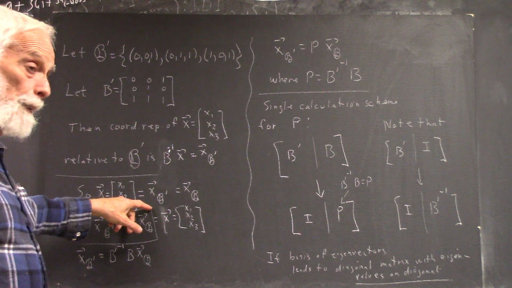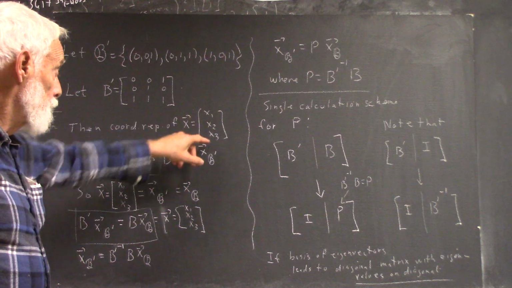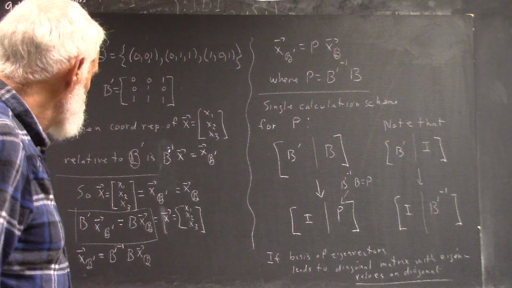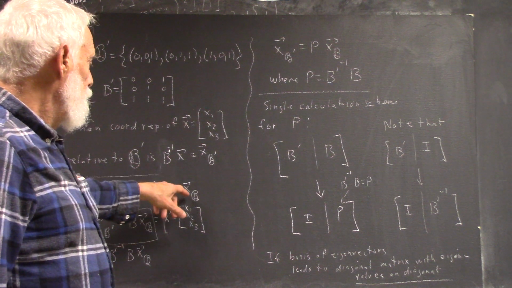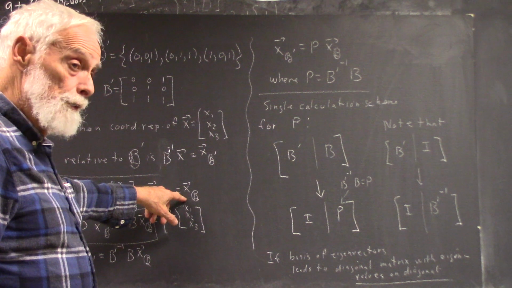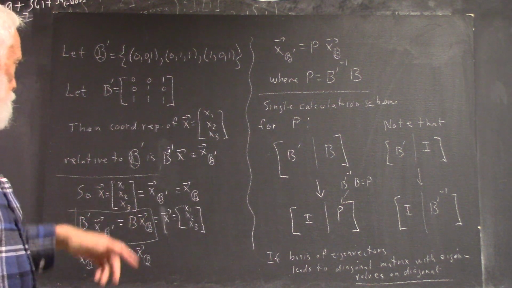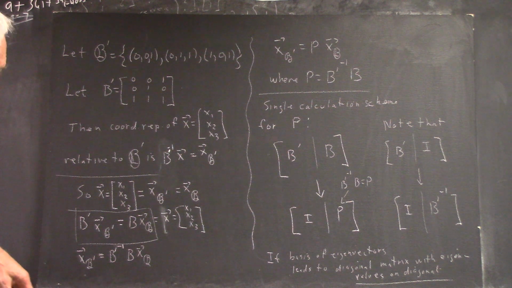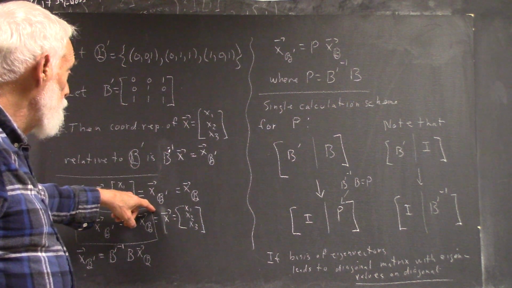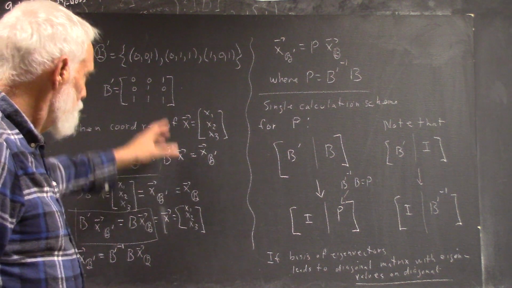Doesn't have the same numbers, but it's the same vector. The vector x, this vector here, expressed with respect to B prime, is also equal to the x vector as expressed with different numbers relative to the basis B. And this says then that if we multiply B by the x B prime, well, from this, if we do the,